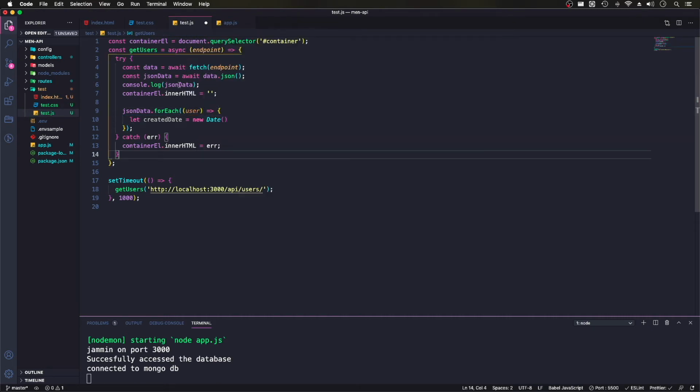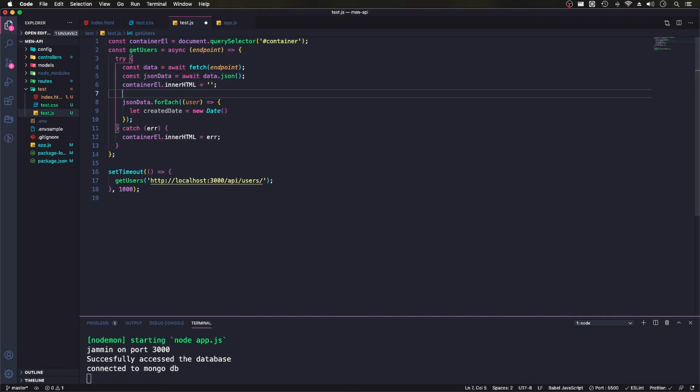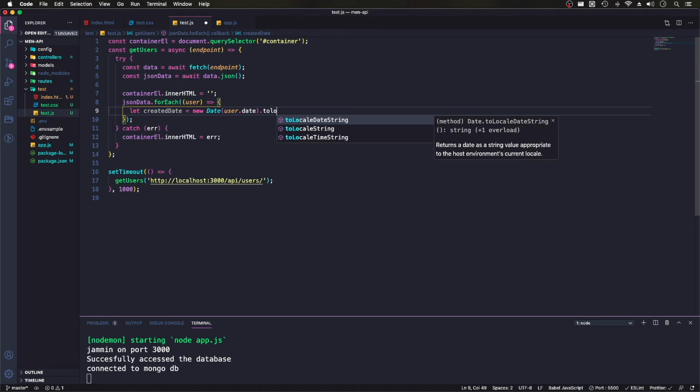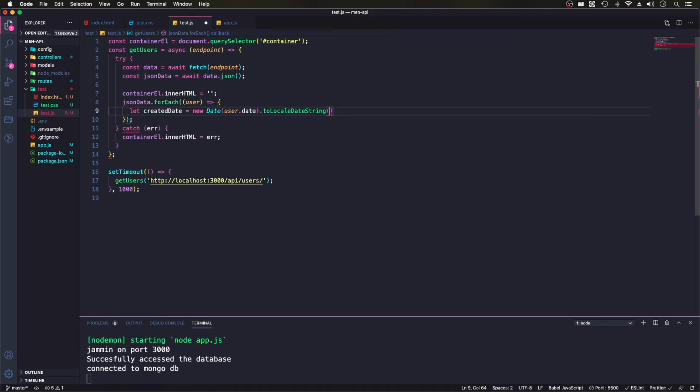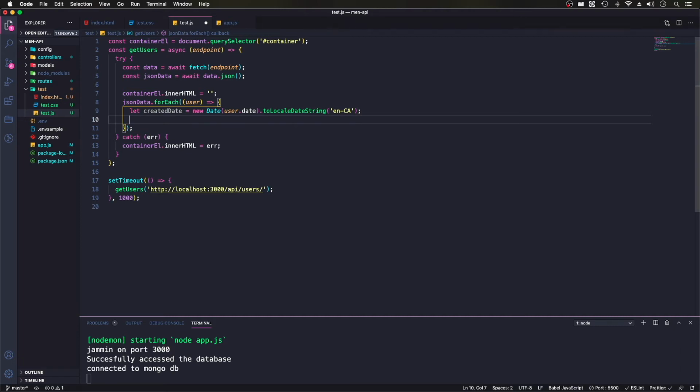So what we're going to do is take this data that we got from our JSON data, and we're going to loop through it. We have our user. We'll do user.date toLocaleDateString, en-CA. We have our container element here. So I'm going to grab this